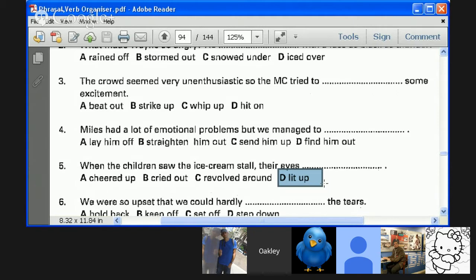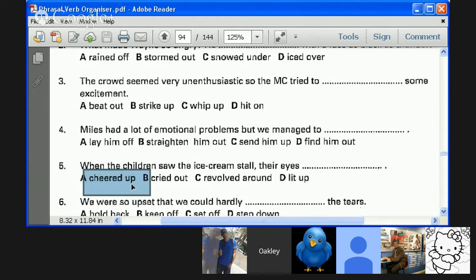That's it. But of course, to light up something, you could turn a lot of lights on to make it brighter, a very physical meaning. Or the actress swept into the room and lit up. She lit up the room when she came inside. Okay, you can light up an atmosphere, make it brighter, more cheerful. The Christmas decorations really lit up my house. All right, they made it more cheerful, exciting, more fun.